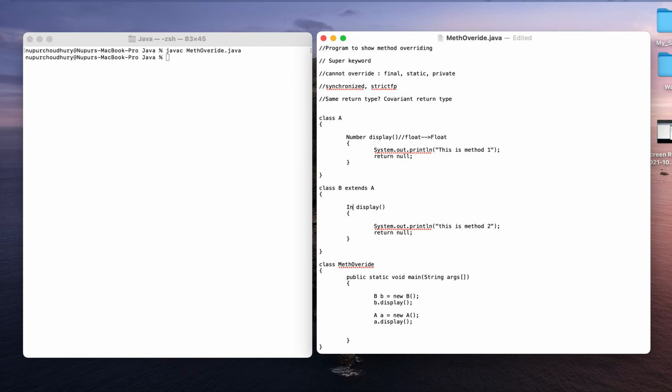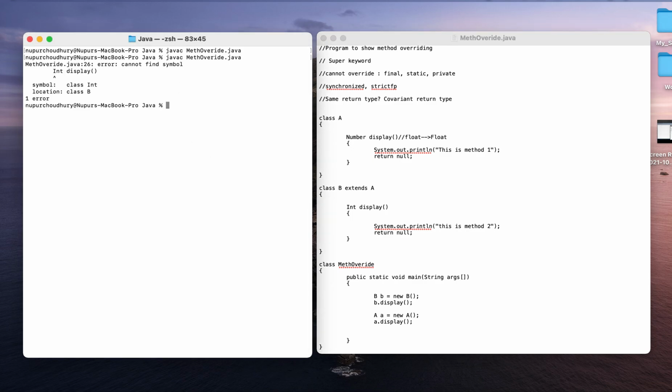Similarly, if I'm using the return type as int here, again I'm getting an error. Whenever I used small int, I got an error. Whenever I use capital Int, I got an error.